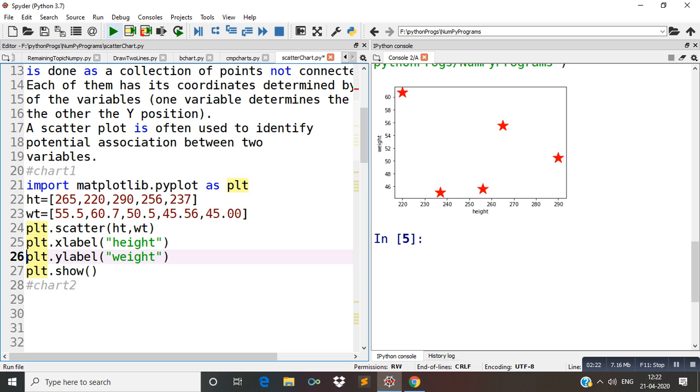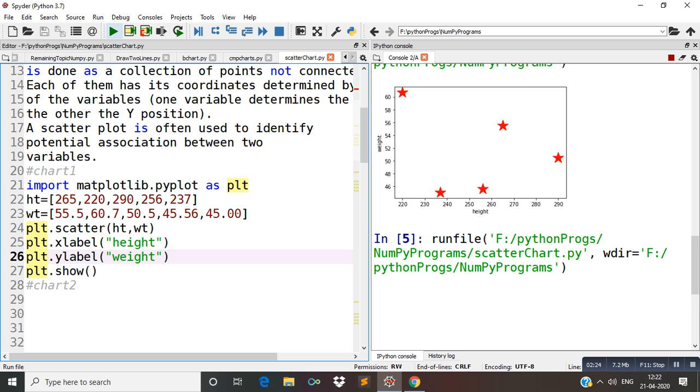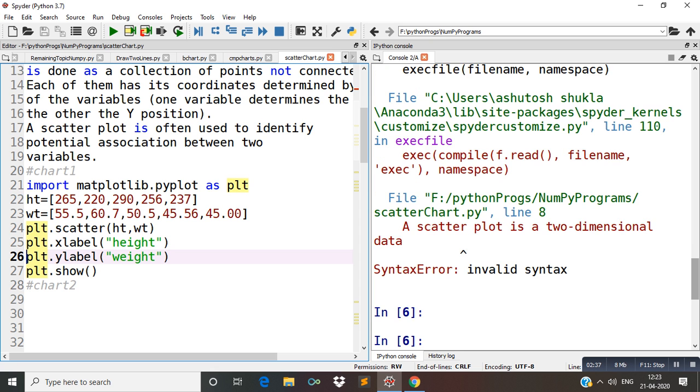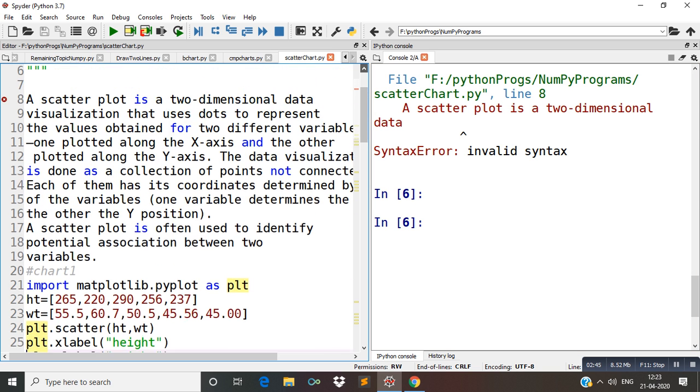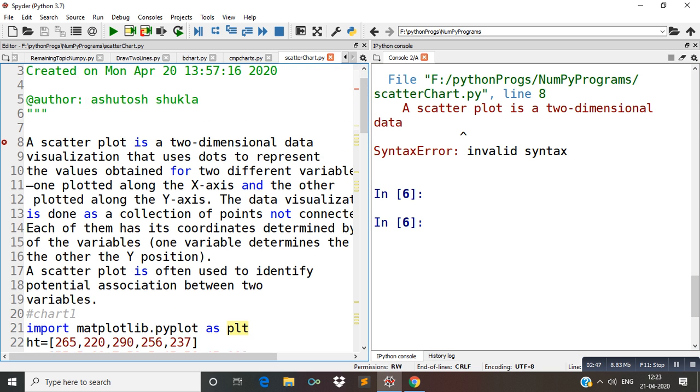Now you can find its output. Here some errors came, actually some other data is available which is not commented. That's why you got this error.